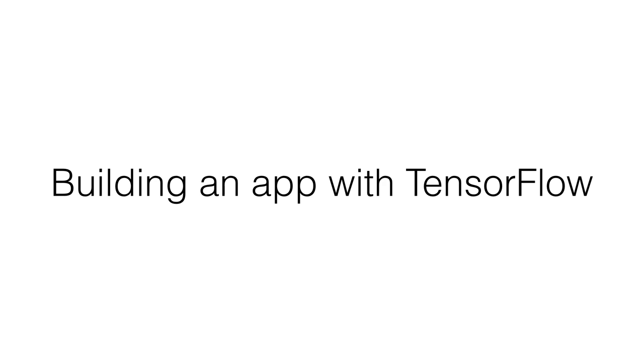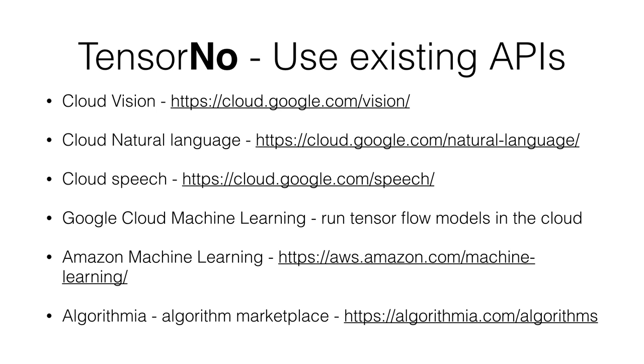It turns out that if you want to build an app with really great AI in it, the simplest approach is not to use TensorFlow at all. Actually, it turns out this stuff is really hard. Fortunately, there are loads of great cloud services available, and they're super easy to use. Basically, you just send in some JSON with your input. It'll run on their server, and you'll get some JSON results back.